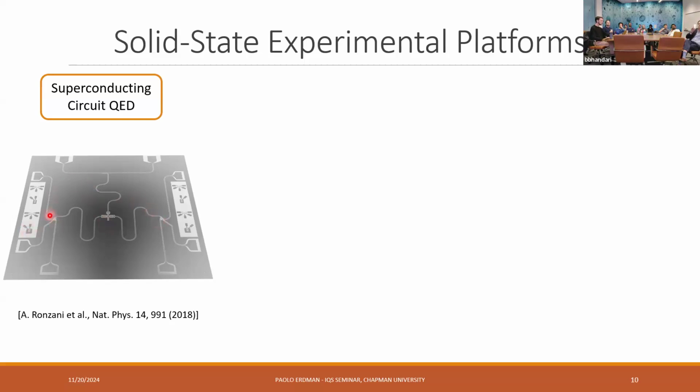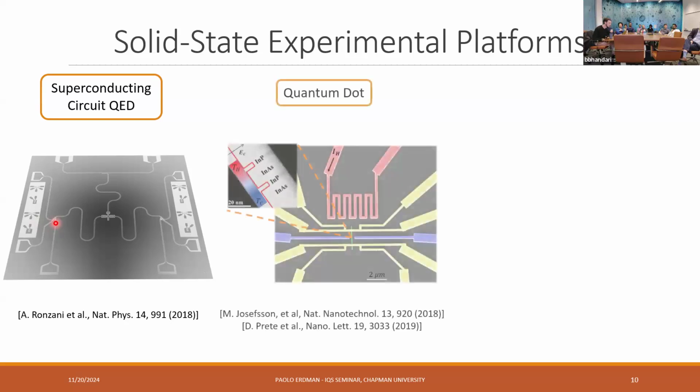And here on the side, they have two resistors, and these two resistors have a different temperature, and they're coupled to the qubit. So they can exchange heat in the form of microwave photons. And then they have this additional line here that can allow them to control the level splitting of the qubit. So here they have this time-dependent control. Here they have the reservoirs, and they can also measure the heat flowing across the device by reading the temperature drop in the resistors when the heat is flowing.